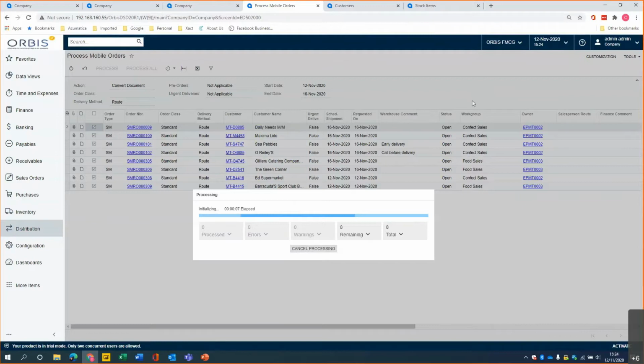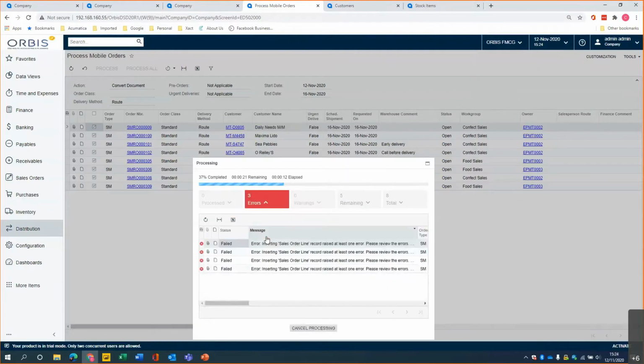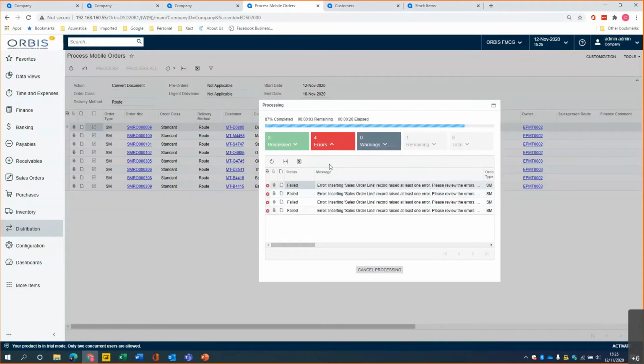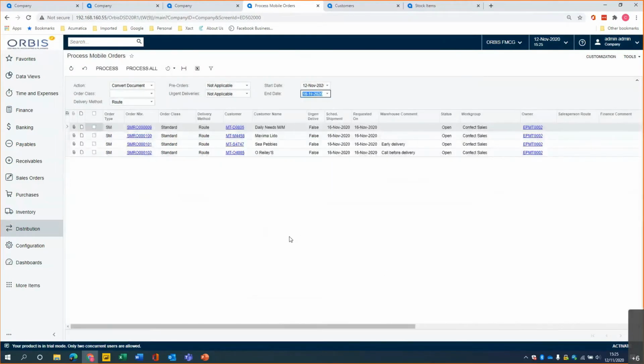Once again, another batch screen for processing documents. Nice and simple. It gives the users a good view as to making it simple for them to convert multiple customer requests into orders. I'll check those documents later, but we've got a couple through. So if I go look now